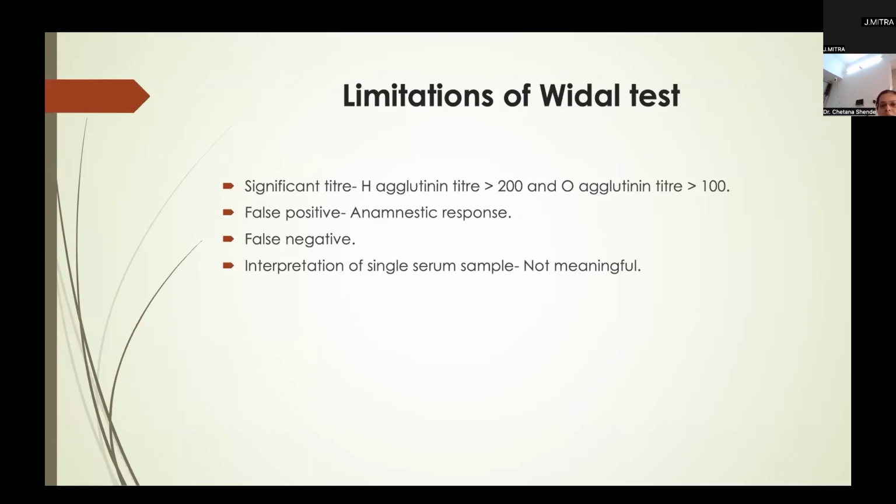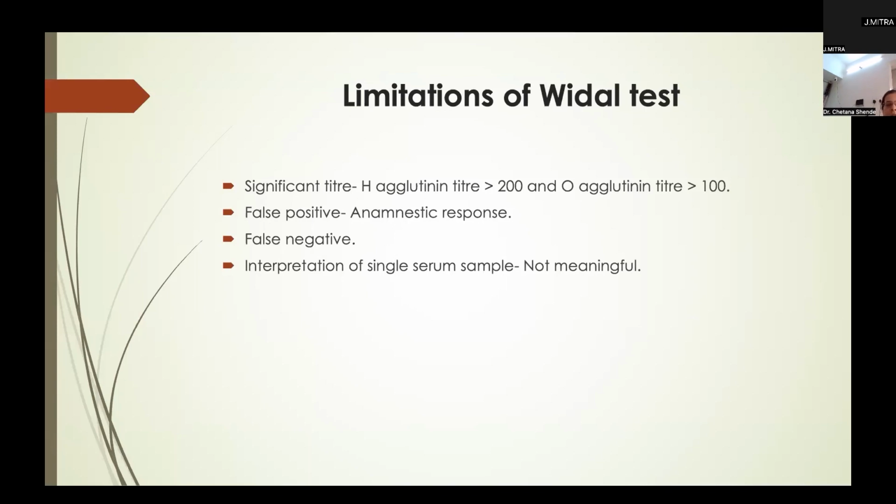Basically, anamnestic response is a transient rise in the antibodies due to unrelated infections. It is usually seen in malaria and dengue in patients who had prior exposure to typhoid fever. False negative results also occur in the prozone phenomenon, where there is an excess amount of antibodies present in the patient